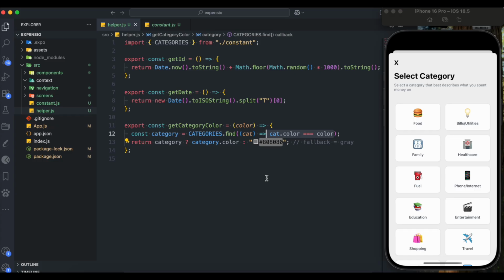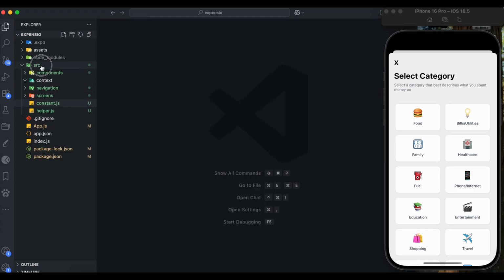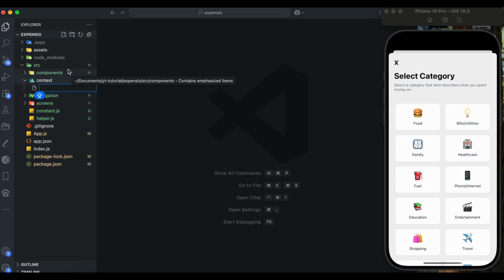Okay, so I have explained enough. Now let us move to creating our context. Let me quickly close this file. And for the context, I have created this folder. You can create this in your src, create a context folder, and the naming would be done based on what kind of context you are creating, for what purpose. So we are creating context for expense purpose, so let us name it that as well,